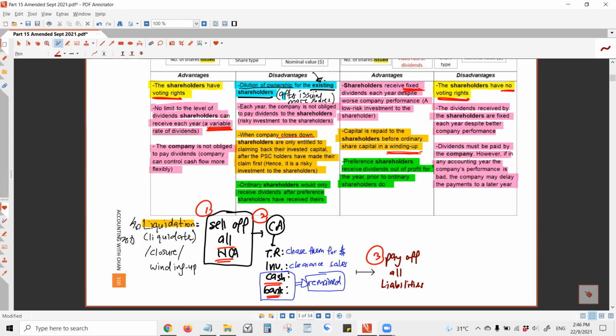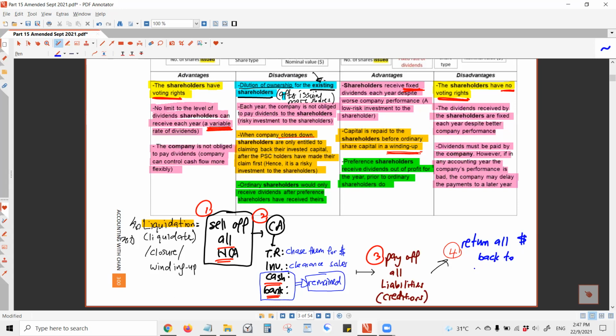Who are the people we owe money to? What do we call them? Creditors. People whom we owe money to, we call them creditors. So you must pay off all the liabilities to these creditors. And if there's still money left after paying off all the liabilities, what do you do with the money? You should try to return the money back to the owners as much as we can. So you write event number 4, you would return all the money